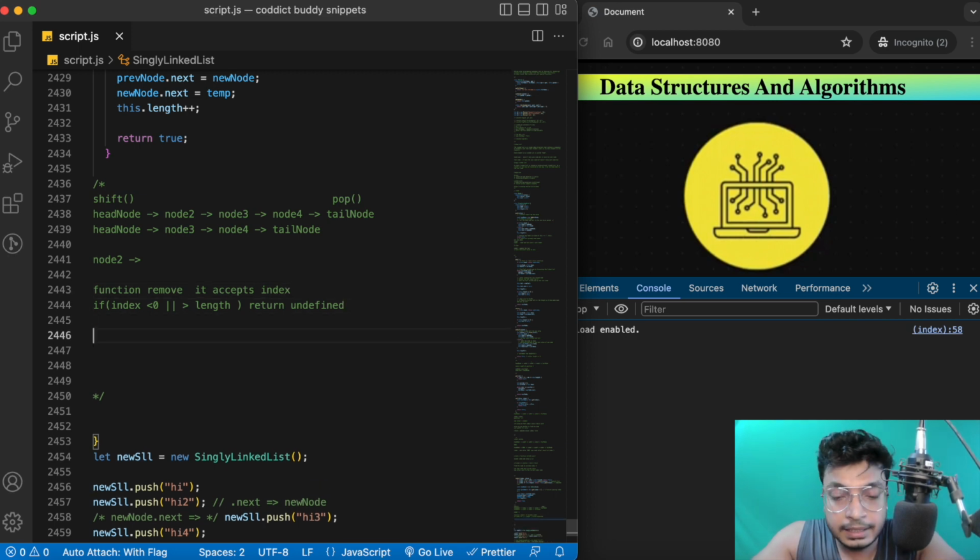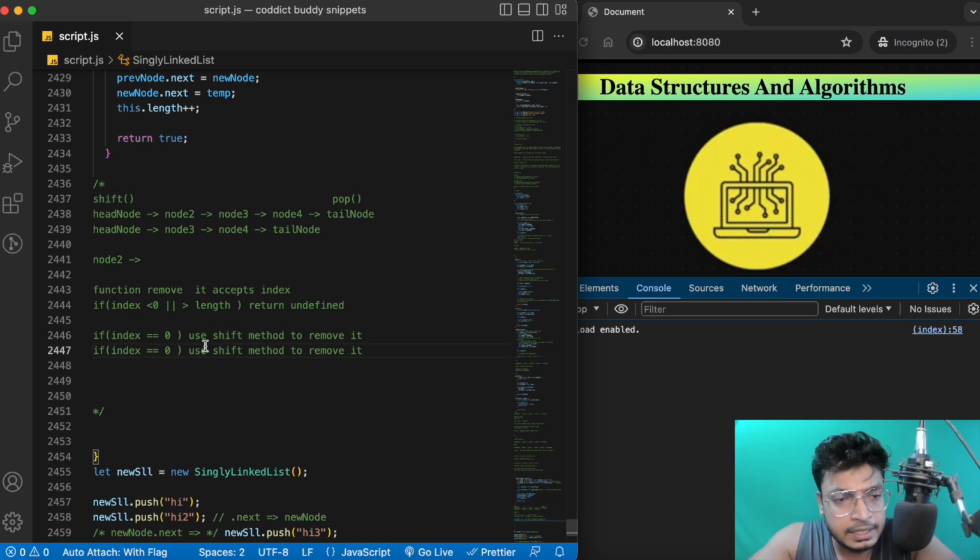The next thing is, if the index is 0, use the shift method to remove it. Basically we are going to remove the first node itself, and we already have the shift method, so we can make use of it. If the index is length minus 1, then use the pop method to remove it.